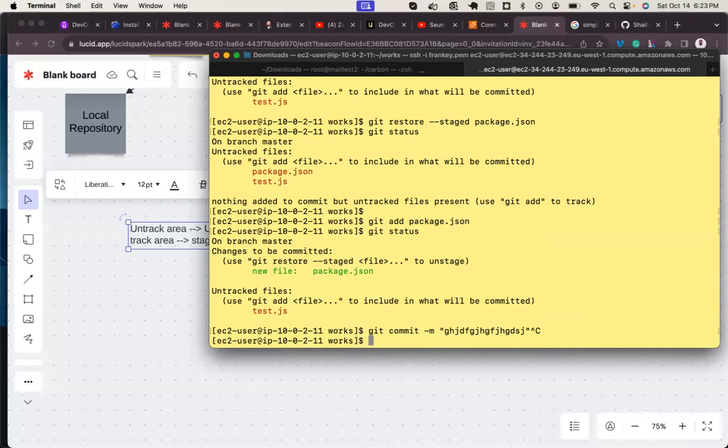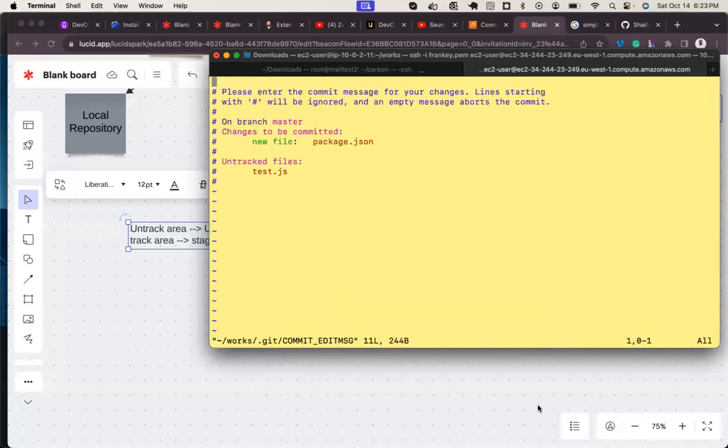All right. I want to use git commit without this message flag. So I'll say, git commit. Enter. This command is going to open an editor for me. In this editor, I'm going to type my git message.